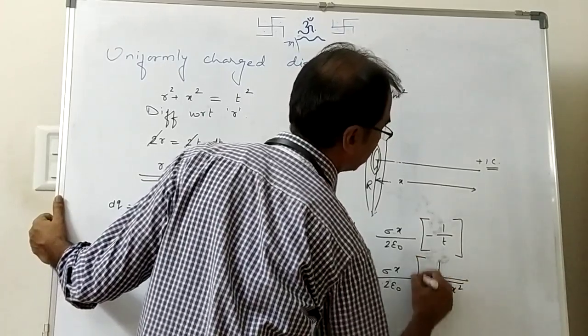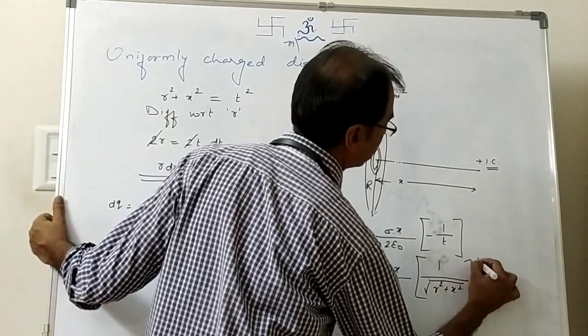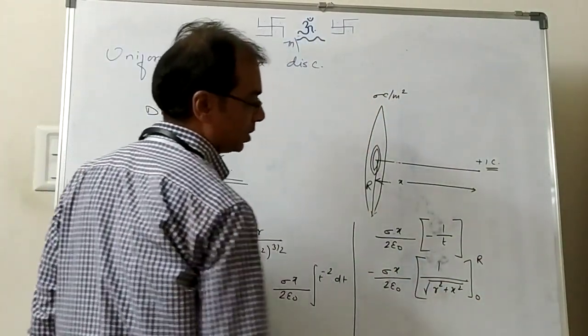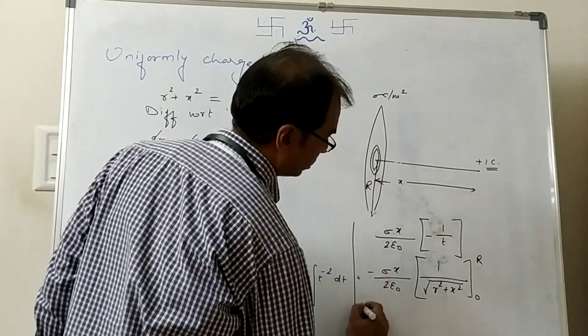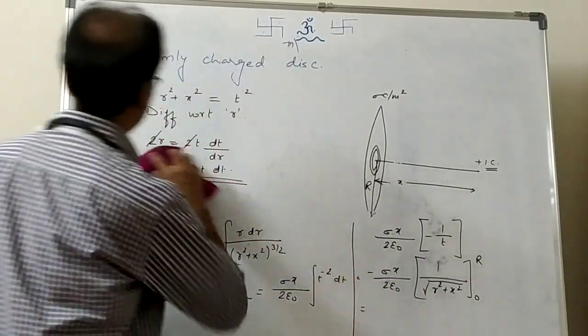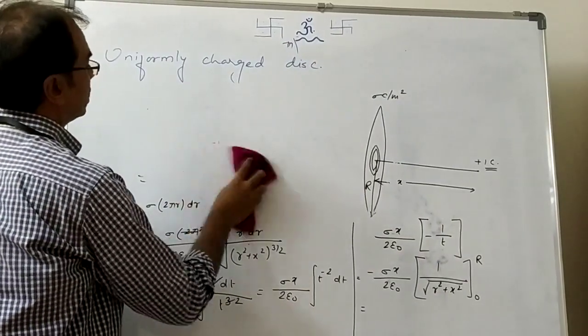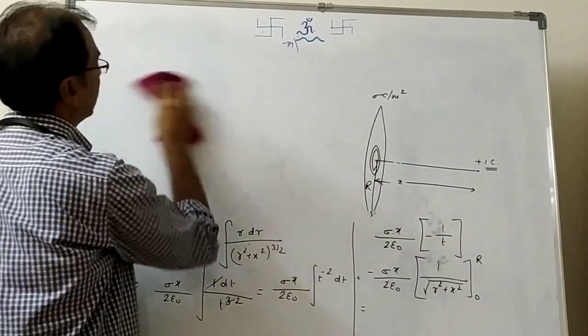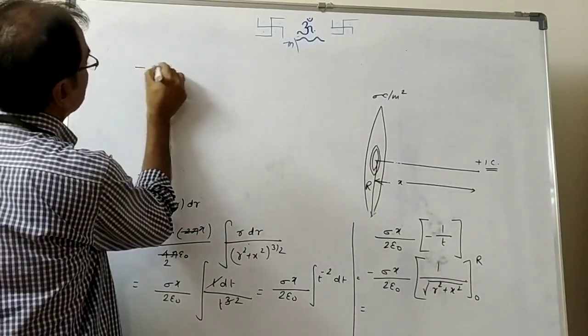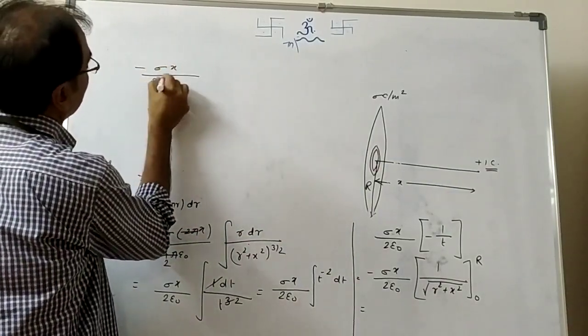Now put the limit. What was the limit? 0 to capital R. Whose limits are these? Small r's limits. So what is going to come? Minus sigma x by 2 epsilon naught...